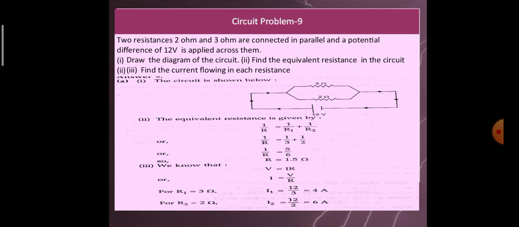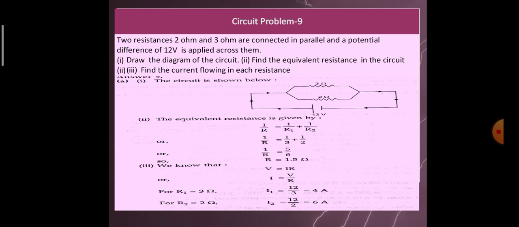Now the equivalent resistance is given as 1 by R is 1 by R1 plus 1 by R2. Substituting we get 1 by 3 plus 1 by 2, which is 1 by R is 5 by 6, or R is 1.2 ohm. We know by Ohm's law V is equal to I into R, or I is V